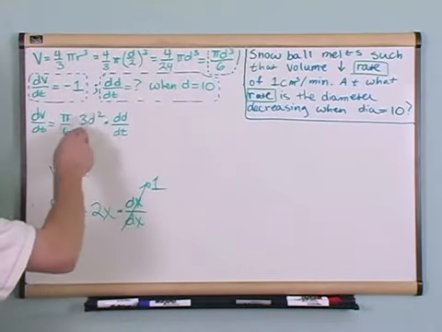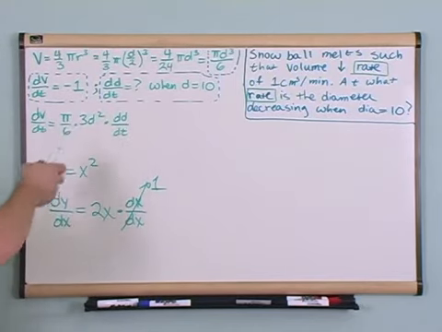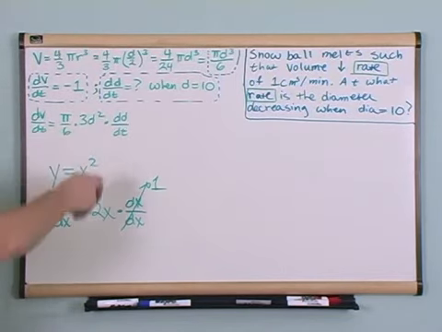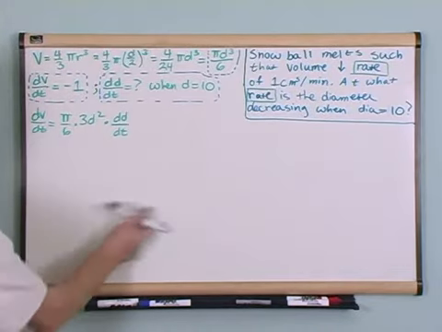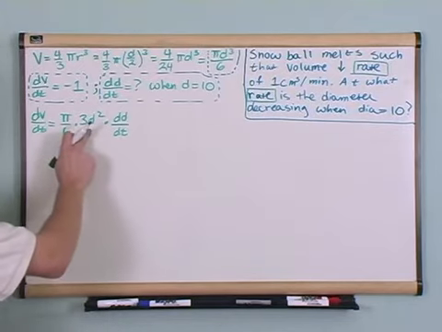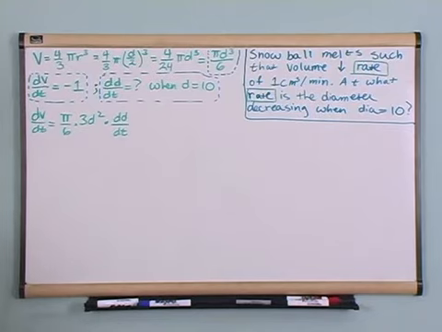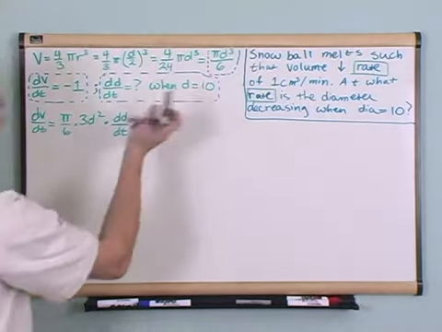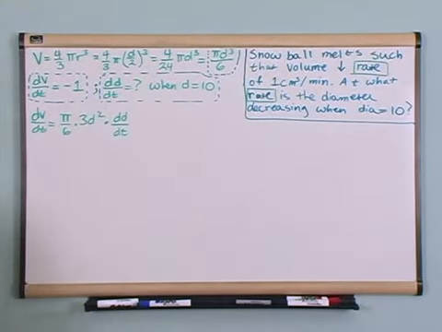So you go ahead and take the derivative like you would think you would, 3d squared, but then you've got to multiply by dd dt because then that fully expresses how everything changes. Here you're expressing with this term how d changes, okay? And here you're expressing how d changes with respect to time. So that's really just using the chain rule. Here we're taking it with respect to time. There is no time, so go ahead and take the derivative like usual and then multiply by dd dt, and that will give you